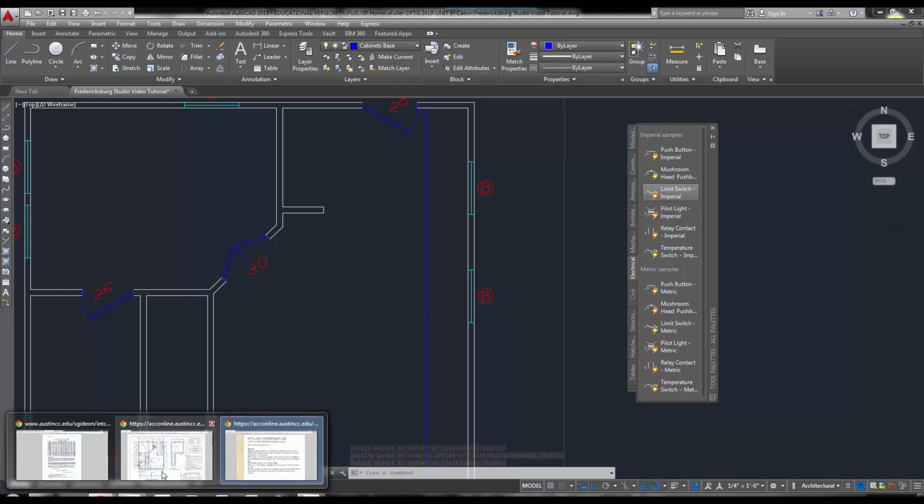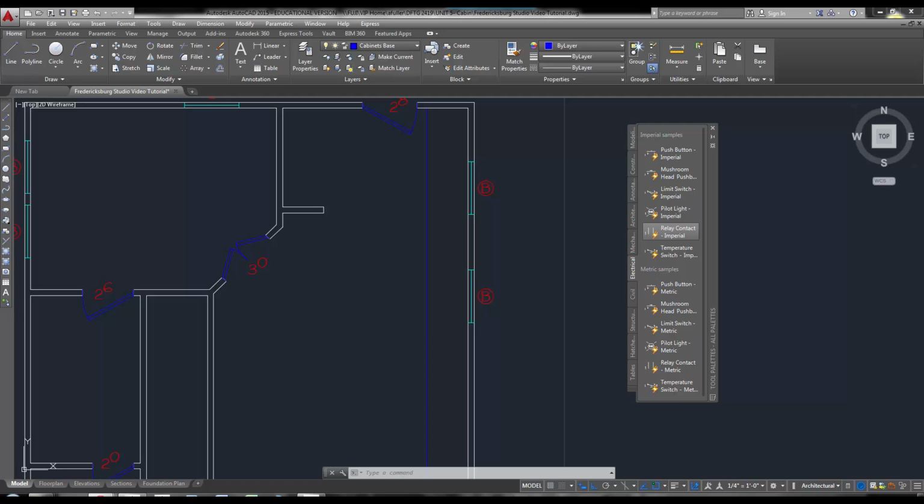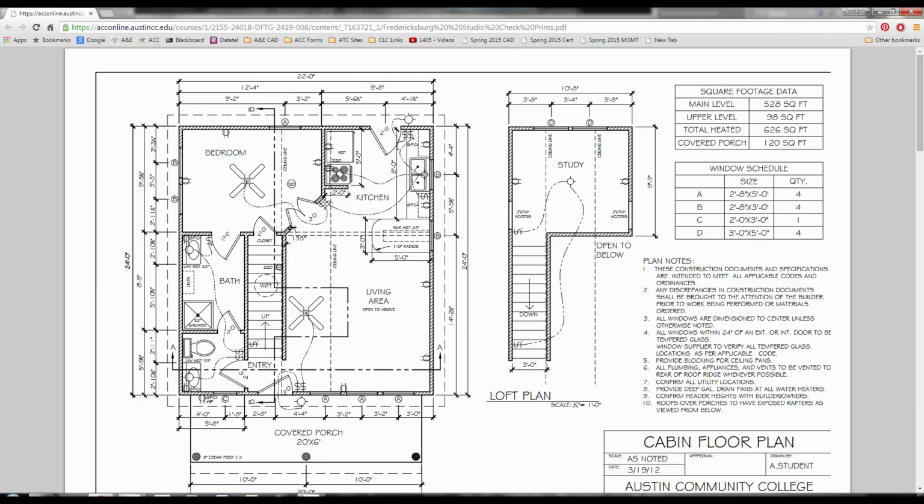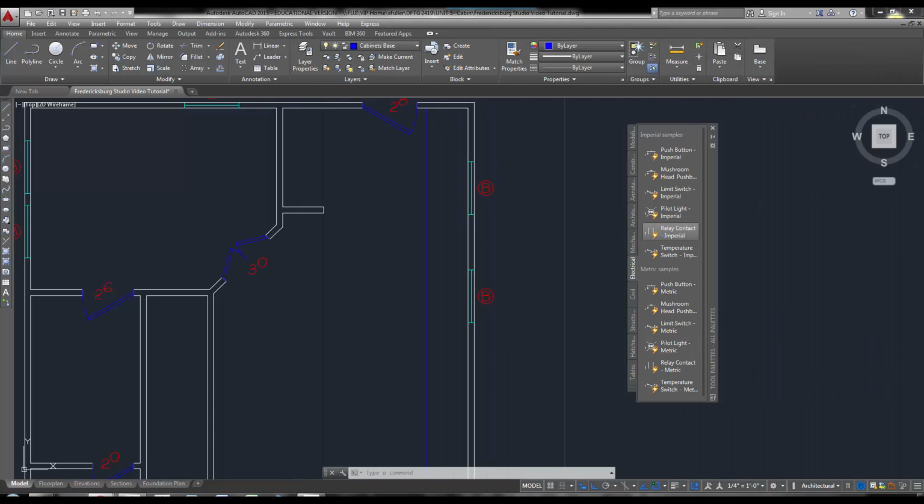Let me take a look at this floor plan here just to kind of show you what it is that we're doing. So I've got this base cabinet goes for 8 feet, and then I've got this kind of raised bar that's another additional 3 feet. So in order to do this, I'll just come over here. That 8 feet is from the interior wall, so I'm going to offset 8 feet here to here, and then offset again 3 feet